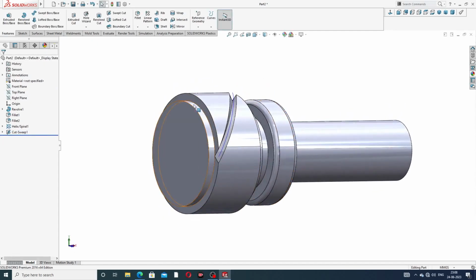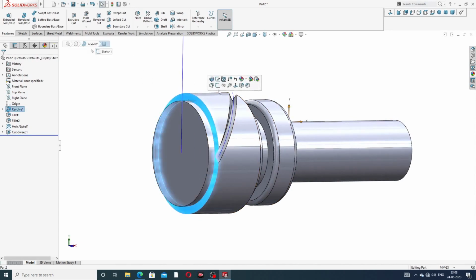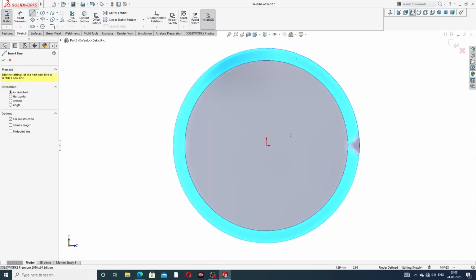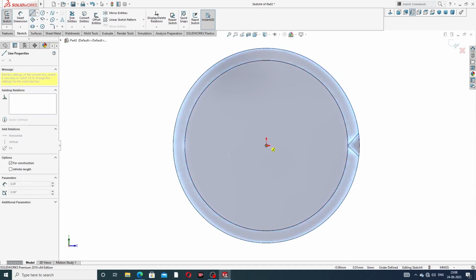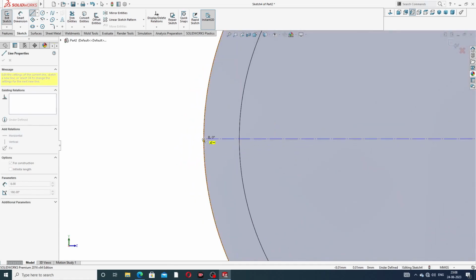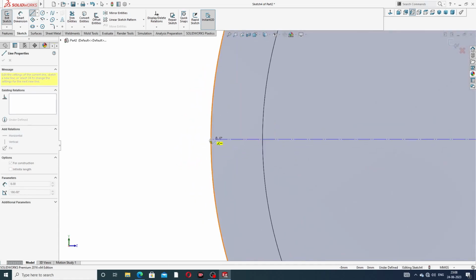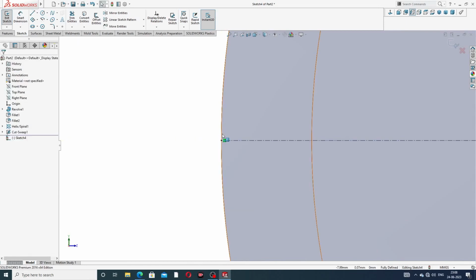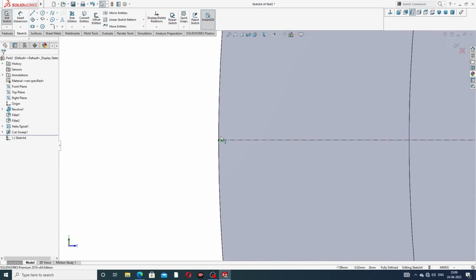Okay, and next again select this line, sketch normal, and again select this center line and draw this, connect to this,